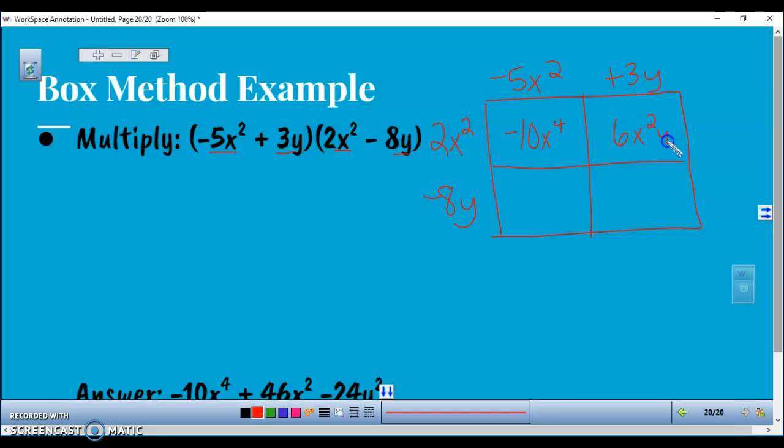6x squared y, because we like it alphabetical. Positive 40x squared y, keep it alphabetical. And then negative 24y squared. Combine like terms if I have any. Sometimes you won't, but typically they will be diagonal from each other. That gives me negative 10x to the fourth plus 46x squared y minus 24y squared. That would be the final answer here,